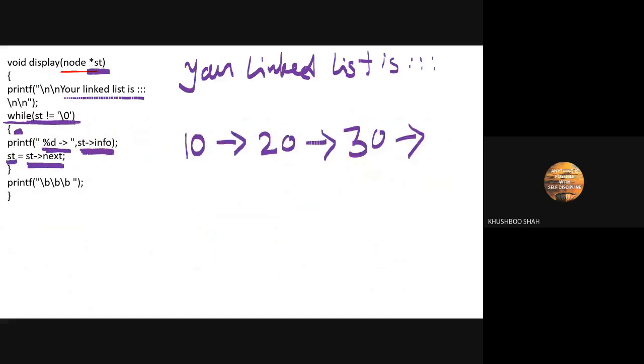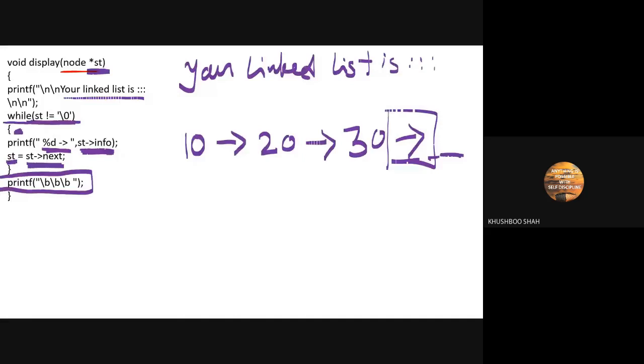So it will come out from the loop, and 3 times backspace. The reason for 3 times backspace is that currently your cursor will be here. So 1, 2 and 3. So it will remove this arrow. That's why we have written this backspace backspace.